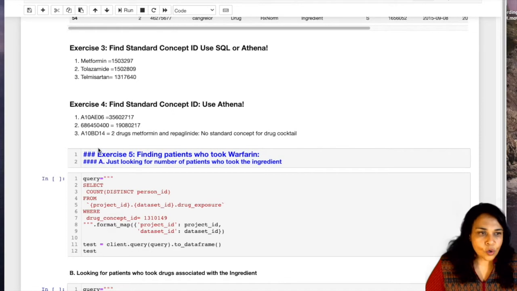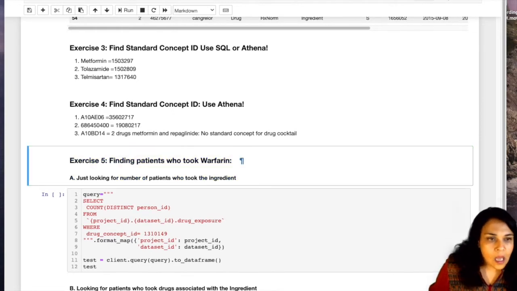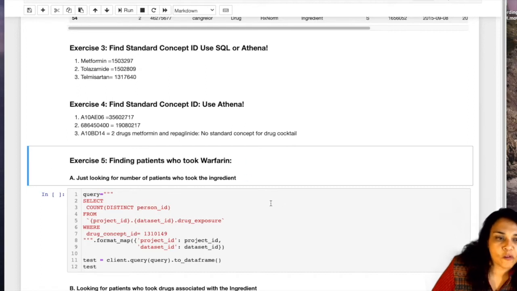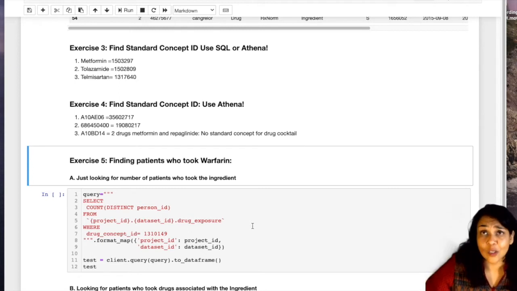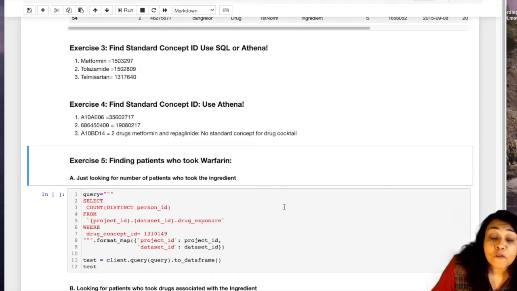Okay, so the first one is just finding patients who took warfarin, just looking for the number of patients who took warfarin. So now, remember, we're no longer looking at the concept table, the concept relationship table, the concept ancestor table. Now we're actually querying the clinical tables, right? So that's where the actual data is. So for warfarin, the table I would look at is the drug exposure table. So I'm saying select count distinct person IDs from the drug exposure table who have actually taken this drug concept